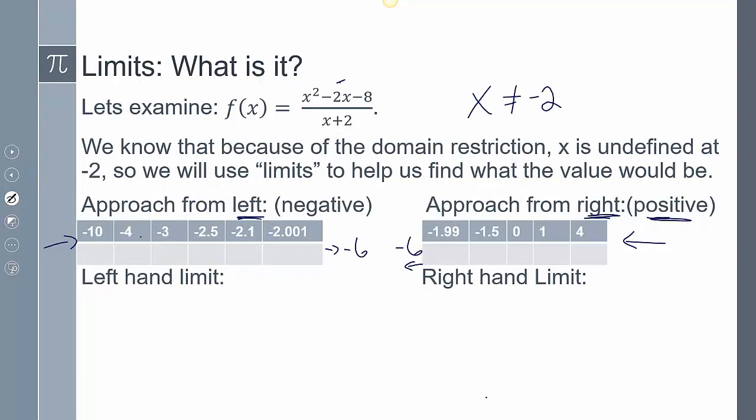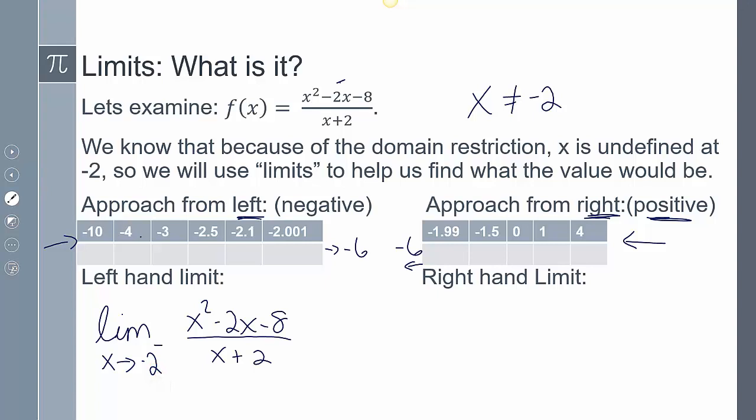So what we do to conclude that it is negative 6, we're going to go ahead and write it as a limit. So we're going to say the left-hand limit, and this is notation that we need to practice and we need to know and be able to use. We'll say the left-hand limit, the limit as x approaches negative 2,